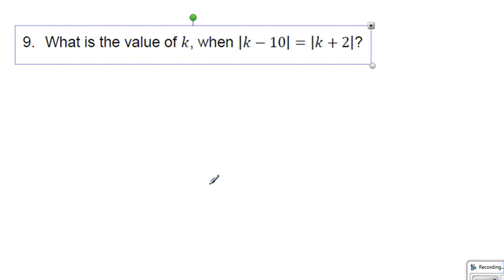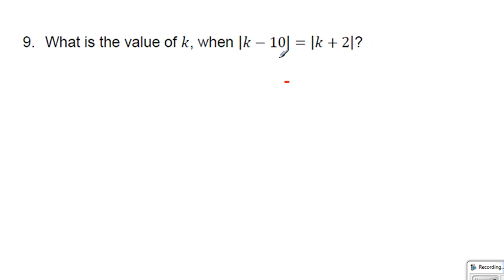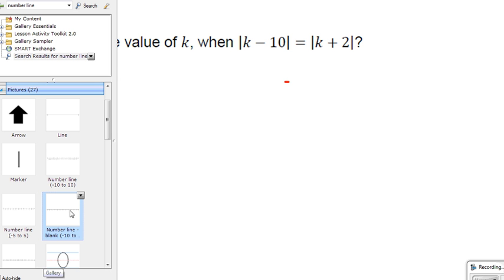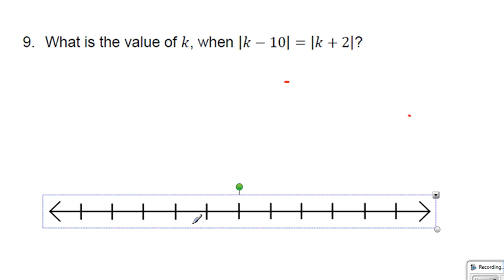Let's look at number 9. Now, if you were to approach this question from the definition of absolute value, we get to see something like this. I'm looking for the value of k, where the distance from 10 has to be equal to the distance from negative 2. Wait a minute, if I use the number line, let us say one side is equal to 10, another side is equal to negative 2, regardless of what the division would have been. Let us say these are simply two examples. Then where is the midpoint?